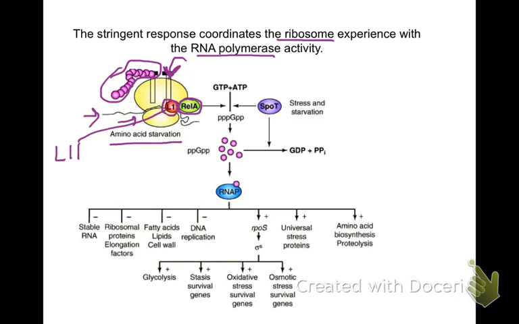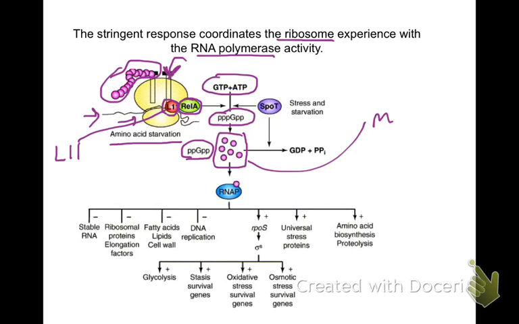And what RelA does is it takes ATP and GTP and makes a second messenger in the cell called guanosine pentaphosphate. We'll also see that we get the pentaphosphate and the tetraphosphate form. At any rate, this is the molecule that we get. It was initially called magic spot because the people that were studying what happened during starvation